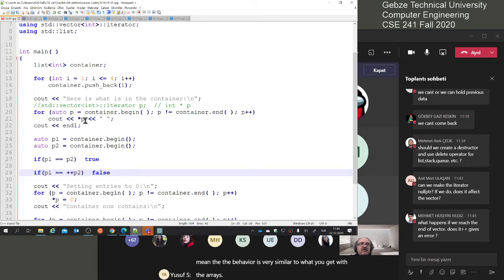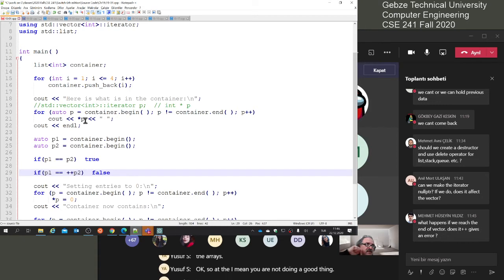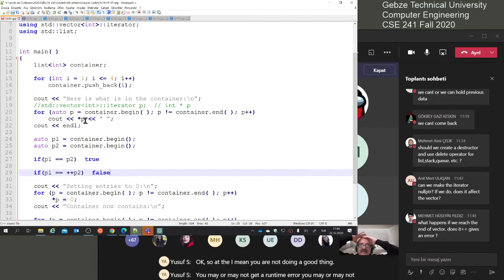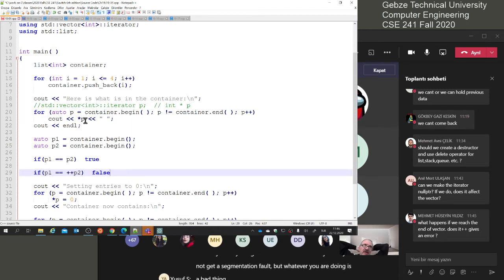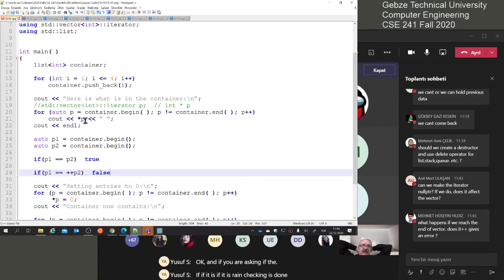Okay, so you are not doing a good thing. You may or may not get a runtime error. You may or may not get a segmentation fault, but whatever you are doing is a bad thing. And if you are asking whether range checking is done, when you do this plus plus and I am out of the range,